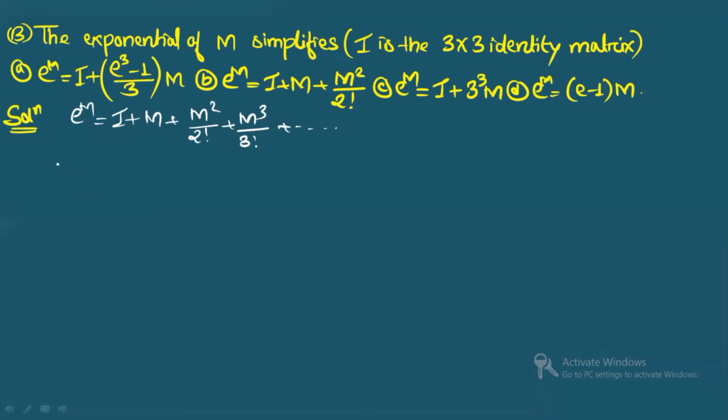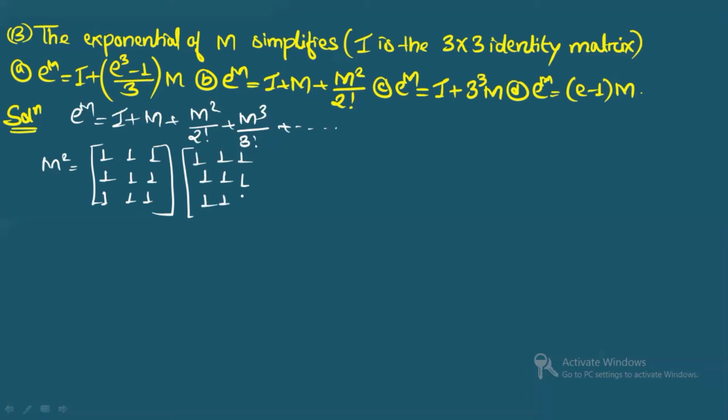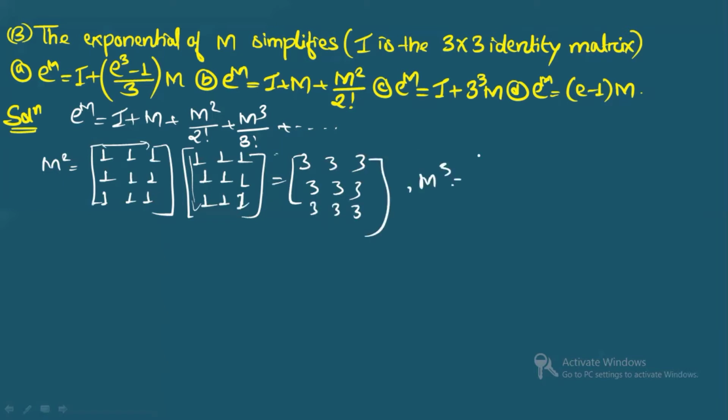Clear? So first of all, the matrix M, we know what it is. So we will write M square will be equal to, when you multiply, 1 into 1, 1, 1, 1. This is also 1. And here you will write again the same matrix. You know the matrix multiplication, right? This and this, when you do, you will get 3. So it will give you 3, 3, 3. All the elements will be the same. This is how you can write. Similarly, you can write M cube. This time, when you do the same thing, you will get 9, 9, 9, 9.